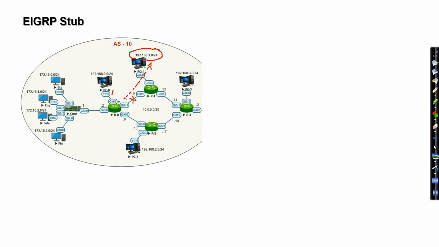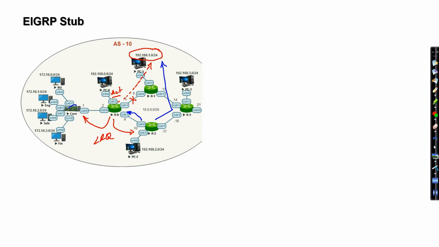Router 0 will then go active for the 192.168.1.0 network, then look back in the neighbor table and find it has the core switch and router 2 left. It will immediately send out a lost route query to those neighbors, asking them, do you have another path to that remote network? Since router 2 does have a path to the 192.168.1 network via router 3, it will reply with a route information update for